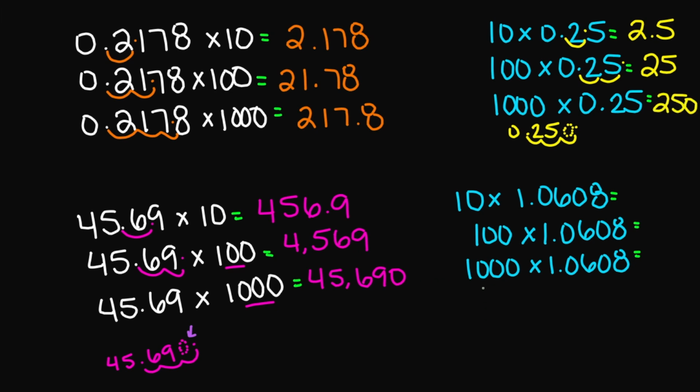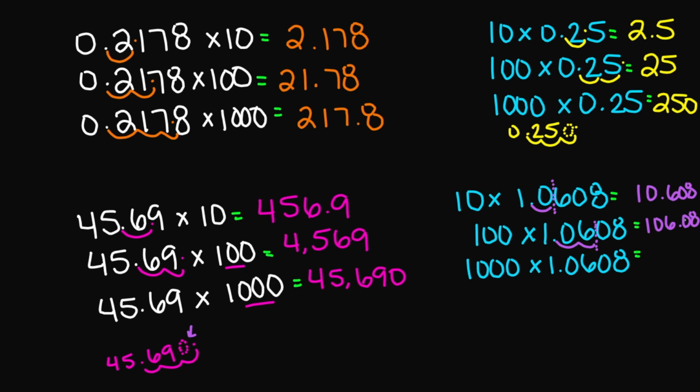Okay, let's look at our last set right here. We have 10 times 1.0608. I'm going to move my decimal 1 place to the right, and that's going to be right here between the 0 and the 6. So we have 10.608. Next, 100 times our factor here. I'm going to move my decimal point 2 places to the right. So 1, 2, it puts me right here between the 6 and the 0. My answer here is going to be